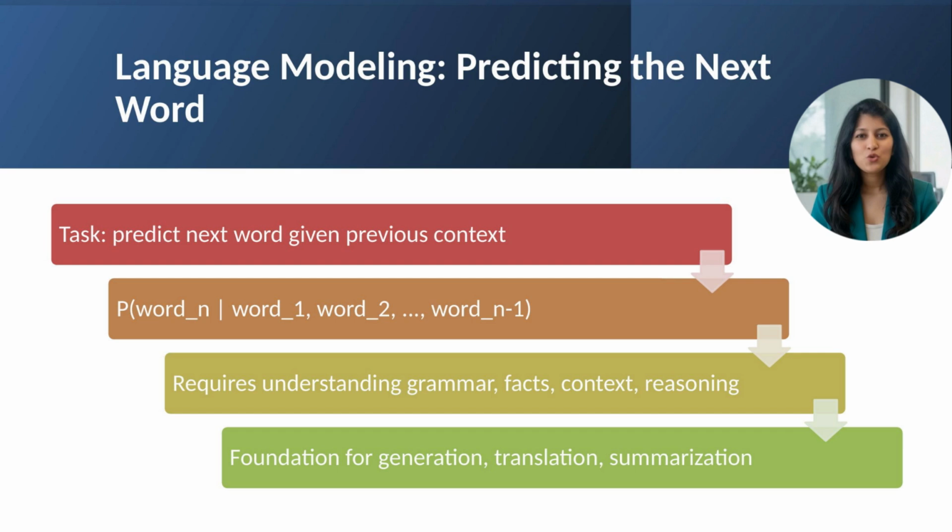Why is language modeling so important? First, a model that predicts well implicitly learns linguistic structure. To predict well, it must learn grammar rules, semantic relationships, factual knowledge. Second, language modeling enables generation. Sample from the predicted distribution repeatedly, and you generate text. Third, it provides a pre-training objective. Train a large model on language modeling using massive unlabeled text, then fine-tune on specific tasks. Modern large language models like GPT are essentially sophisticated next word predictors. Their remarkable capabilities, writing, reasoning, coding, emerge from doing this one task extremely well at massive scale.